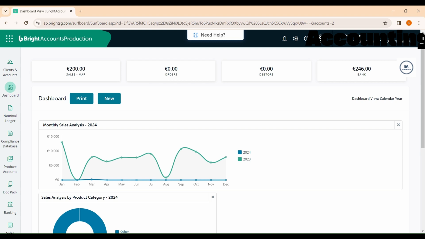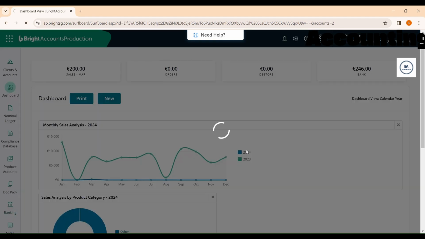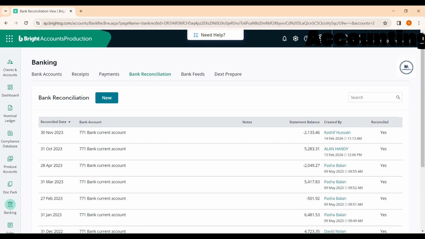So today we will learn how we do bank reconciliation in our BrightBooks. First of all, we need to enter all the entries for the period which we want to reconcile. Like, I want to reconcile my December 2023, then I need to enter all the bank receipts and bank payments of December 2023. Here you can see